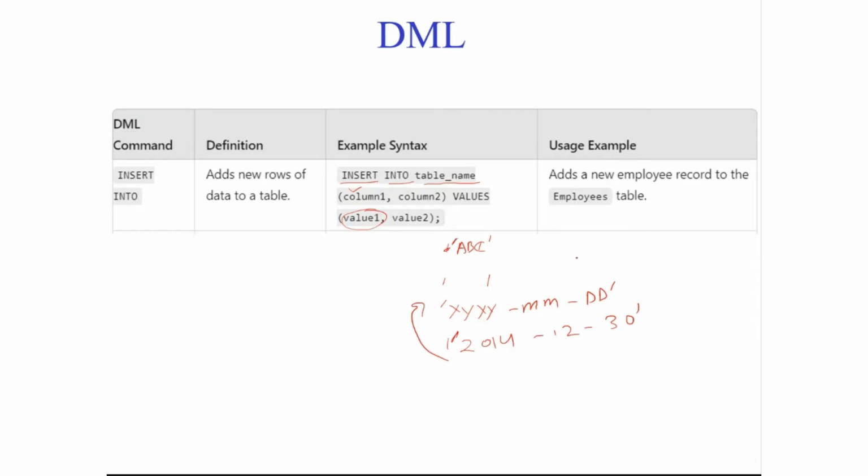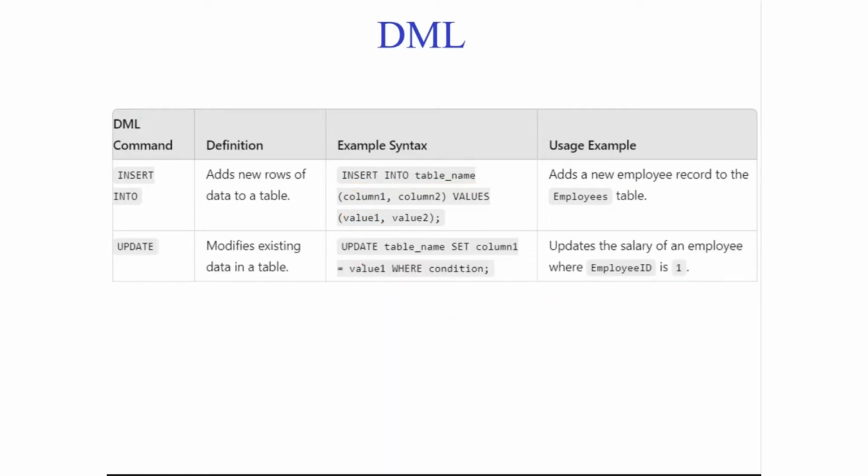Within a single quote you have to write. Other than these, for example, the numbers, you can simply write 12, 13, and even you can write 12.13. So all of these things you can write like this. Then here we see modifying the existing